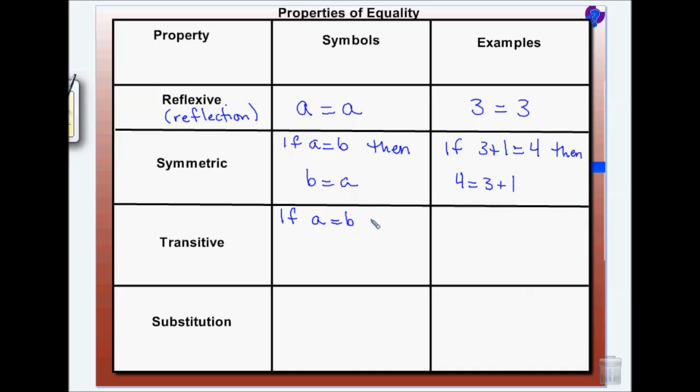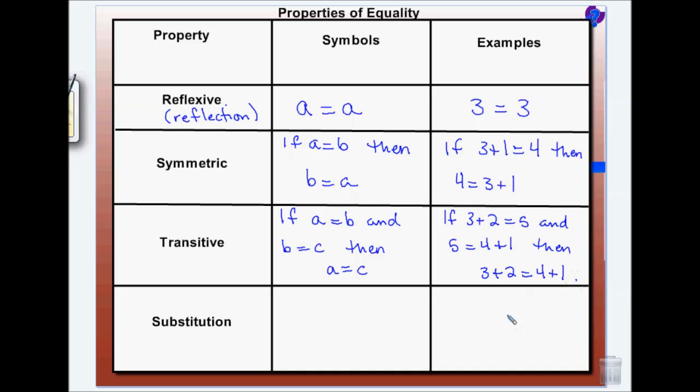So if A equals B and B equals C, A equals C. So we're going, like, if A is B and B is C, that means A is C. So we could say if 3 plus 2 equals 5, and 5 equals 4 plus 1, that means that 3 plus 2 equals 4 plus 1. Transitive we won't use all that often, to be honest with you. Mostly we'll use